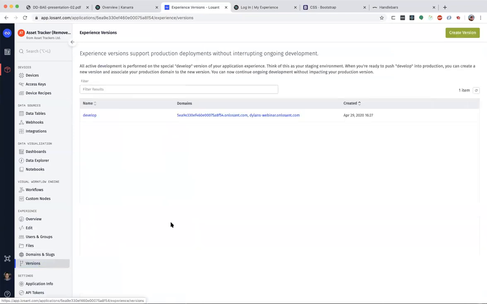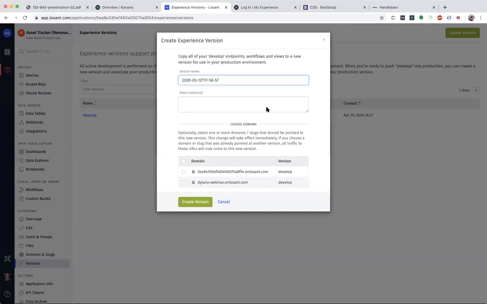And then finally, versions. I didn't touch on them much, but they are extremely important. When you work on an application experience and you are ready to make it live to your end users, you're not going to want them to continue to interact with the experience as you are making changes to it. So you really want to snapshot it at a certain moment in time, and that's what you're going to expose to your users. So what you want to do there is create a version, you can do semantic versioning, for example 1.0.0, and the following domains should point to that version.